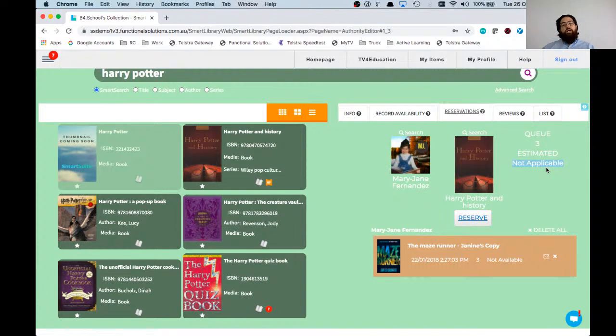Now, the reason why I've got not applicable for this particular record is because one of the users in the queue in front of me has some issues with their loans. Now, it might be that we have marked them as they have left, and therefore the system doesn't know when that item is coming back. So it's got it as not applicable. It's basically a prompt for us as the administrators to go in and check what's happening with other users in front of the queue. If I'm happy to still put that item on reserve for Mary Jane, we'll hit reserve, and